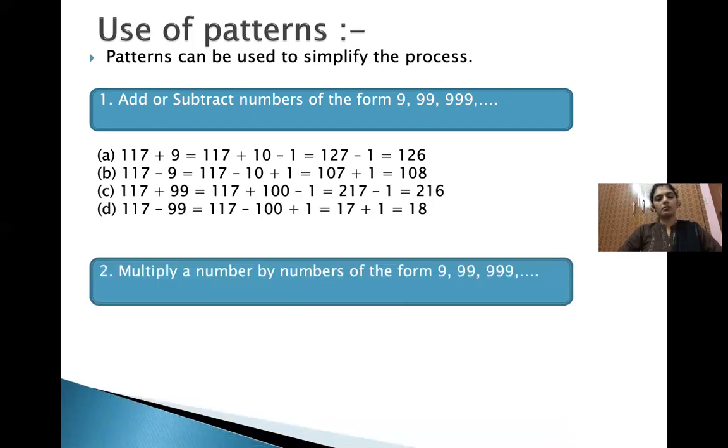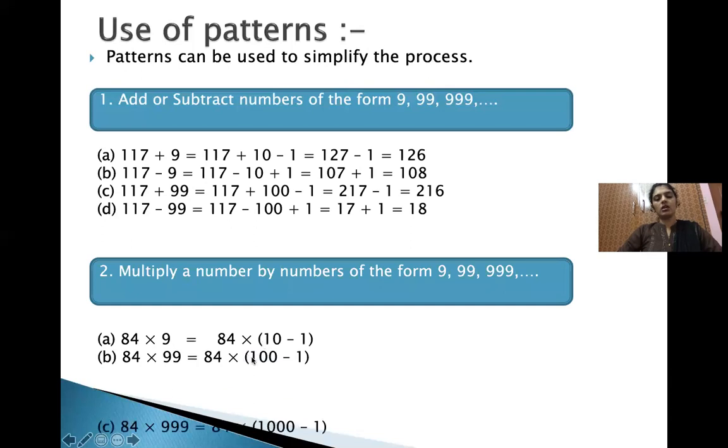So now let's come to multiplication. How can we multiply these numbers and how will this be helpful in doing calculation? So here we have 84 into 9. We can write this 9 as 10 minus 1. So if we multiply 84 inside the bracket, we get 84 into 10 minus 84 into 1.